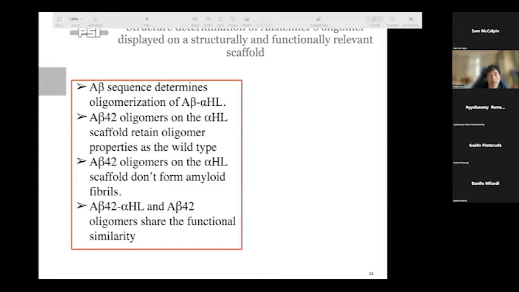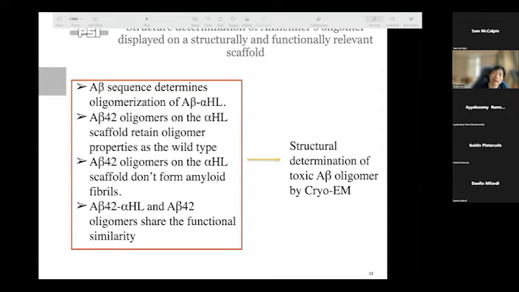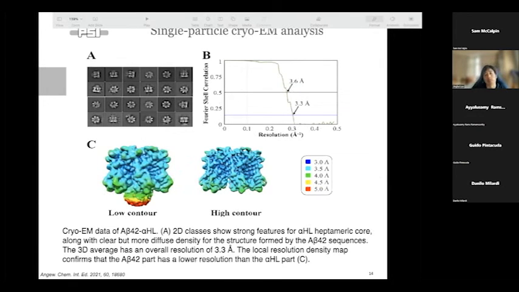Yeah, based on those results, we would like to further pursue structure determination. We want to determine the toxic A-beta oligomer by cryo-EM. So we collected a number of data, and you can see the 2D classification here. The structure of the extracellular part of alpha hemolysin we can still see very clearly. They are heptameric structures, and the transmembrane area, which is A-beta oligomer displayed on alpha hemolysin, actually shows a bit diffused signal. So the overall structure, we got a nice overall structure, 3.3 angstrom, but